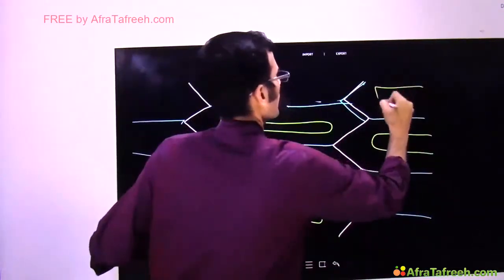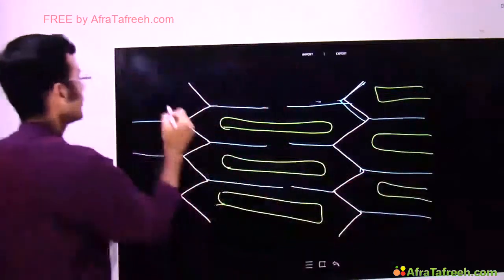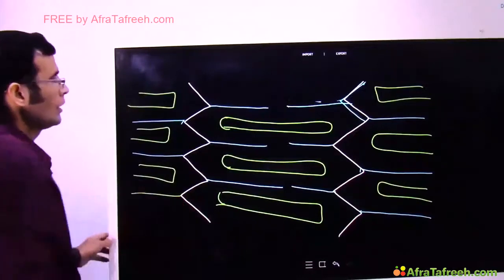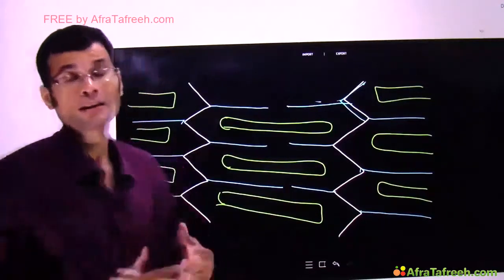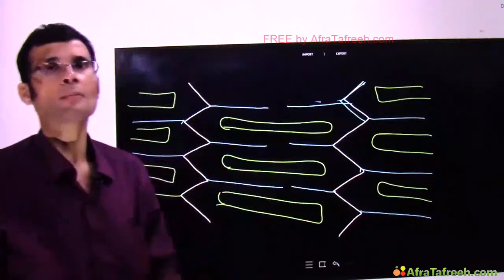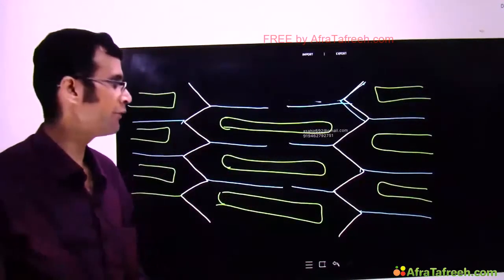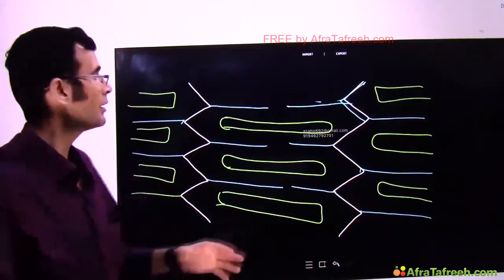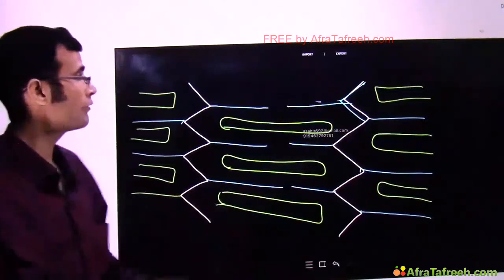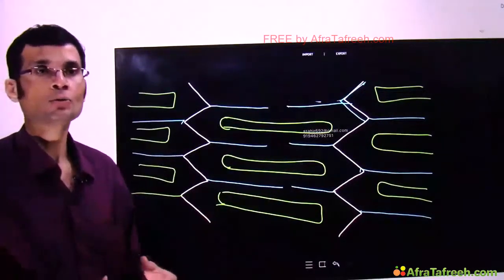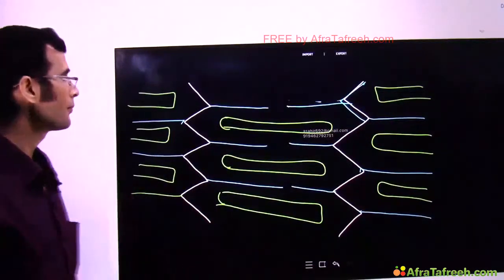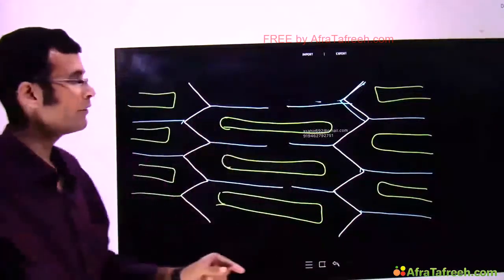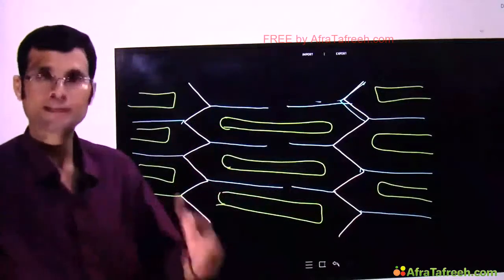There was an MCQ related to this ratio of thin to thick filaments. What is the ratio of, or rather, each thin filament is surrounded by how many thick filaments? And the options were 2, 3, 4, 6. Well, the answer is 3. Each thin filament is surrounded by 3 thick filaments. Let's see how. First of all,